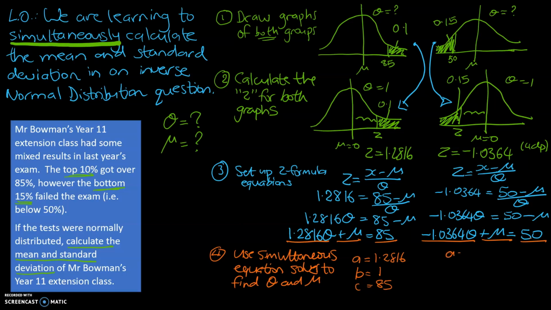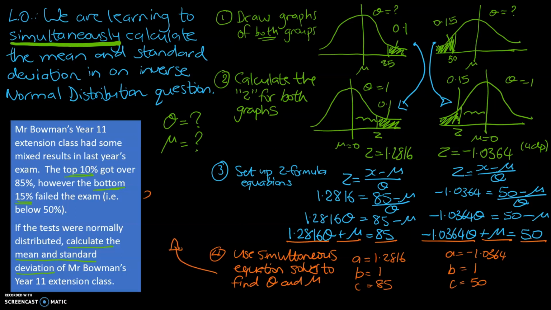We now need to do the same for the next equation, negative 1.0364. We then need to put the mean. Again, there's only one mean there. And finally, we need to identify the C, or the number on the right-hand side. When you put that into your simultaneous equation solver,